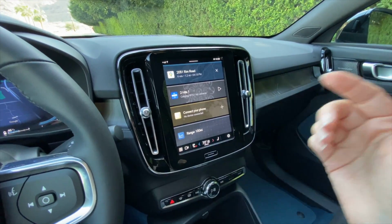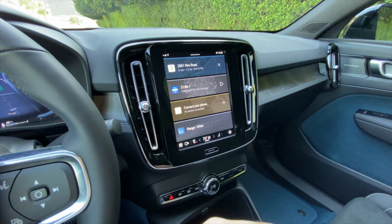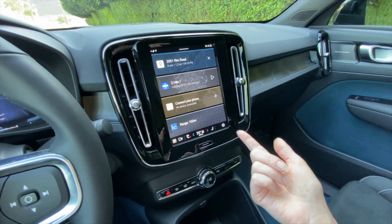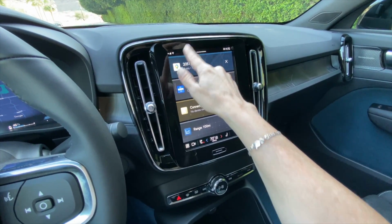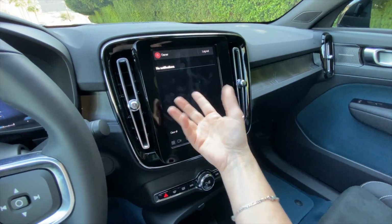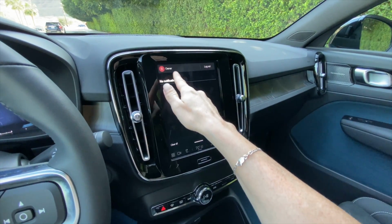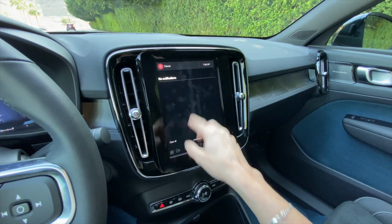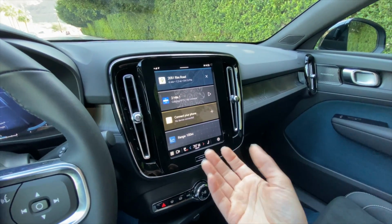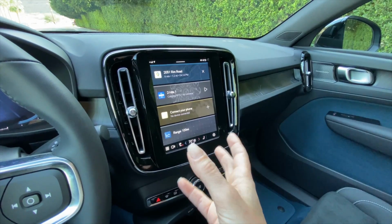However, I have an Apple phone. I paired my phone with the car, and what I found is it would read me my text messages, and it would allow me to send text messages. I just had to ask Google to do it for me. And then when I would get a new text message, it would pop up here, and then you could pull that down and it would show you your notifications. So I have no notifications now. I've unpaired my phone because I'm doing video, but if I had text messages or other notifications, it would show up here, and then you could press it like you would with Apple CarPlay and it would read it to you. So no Apple CarPlay, but there is still a way to do voice to text and voice calling,